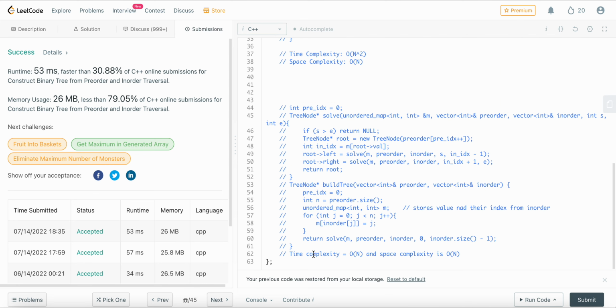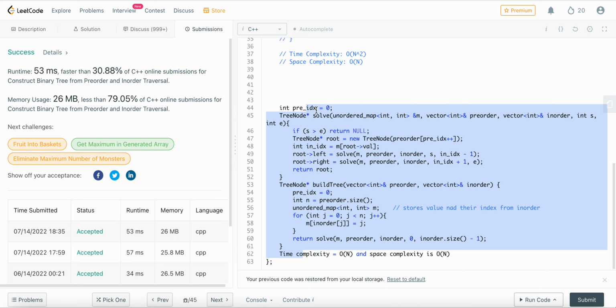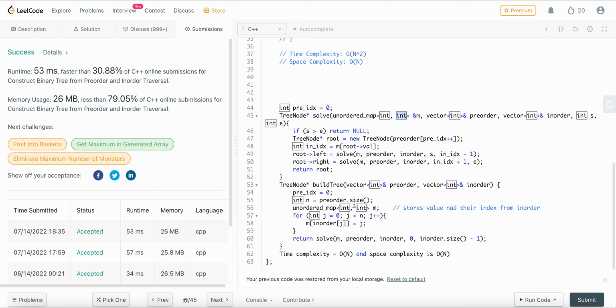All right, here is our second solution, in which we have introduced an unordered map which takes the value along with the indices in the inorder array. So we have done exactly the same as what we have done before. Let's see the unordered map. The unordered map is here. We have introduced the unordered map. It stores the value and their index from inorder. All right, then we are directly returning the solve function, and the solve function